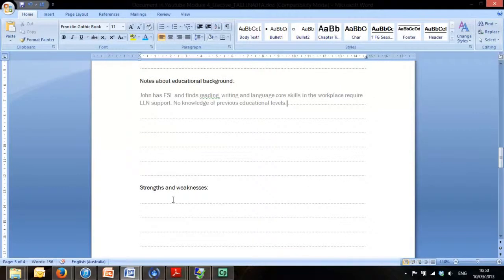So when we observe John, and from what we've spoken to with Mike, his boss, his strengths are numeracy, so we can put strengths, numeracy, and oral communication, because they function at level 3. All right, and